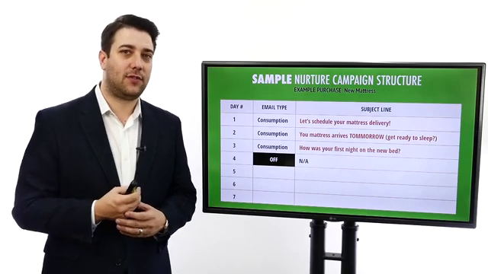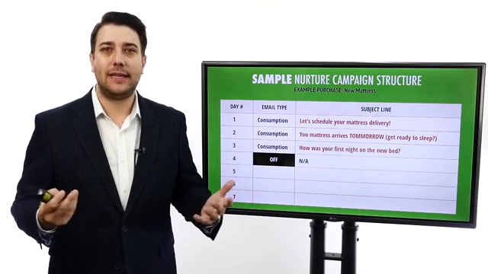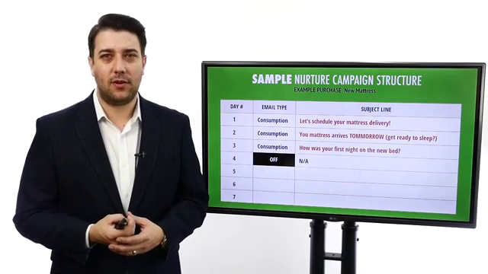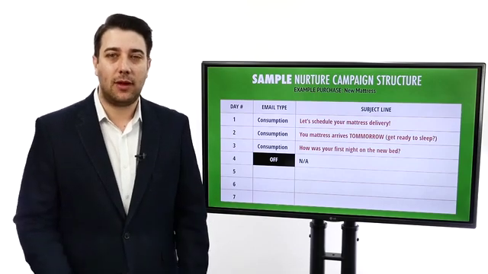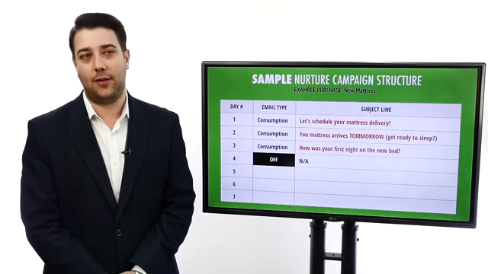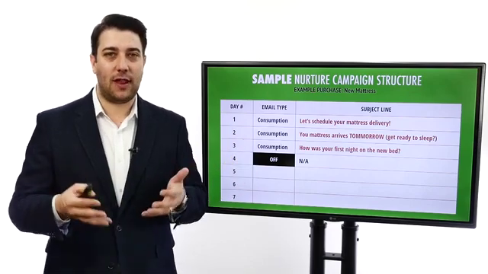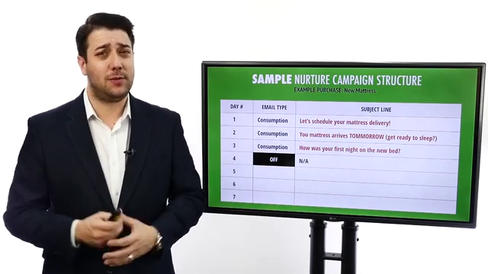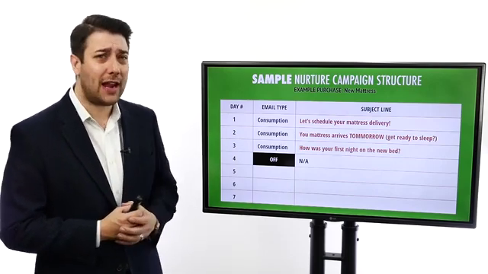That's something that a friend would do. If I told you as a friend, hey, I'm getting a new mattress delivered tomorrow, I'm really excited about it, and we bump into one another the next day, one thing a friend may say is, oh hey, how did you sleep? How was the new mattress? How was your first night on the new bed? If a friend would say it, you should say it, because friends build real relationships. You should be building real relationships with your list.